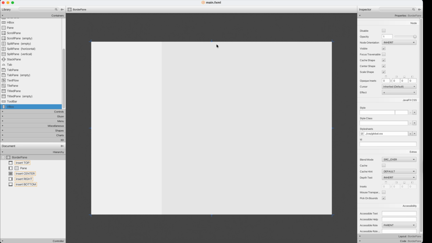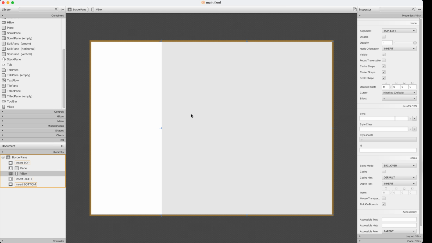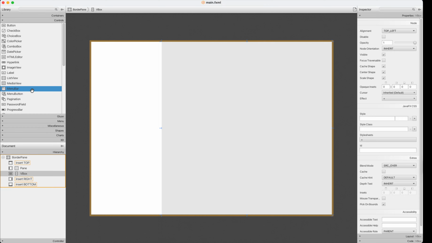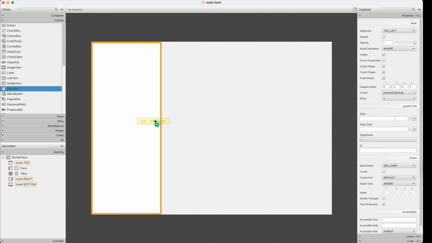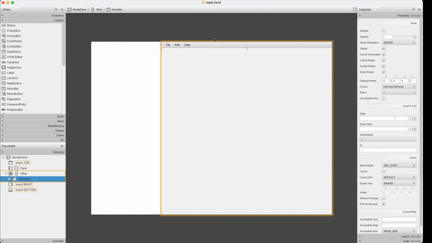So the best container for that will be VBox, because we need to kind of stack the elements one on the top of another one. So let's add VBox here to the center section, and now we have the VBox, and now in the VBox we can add the controls, so we can find the menu bar and make sure we added that one in the VBox. As you can see, it's on the top now,